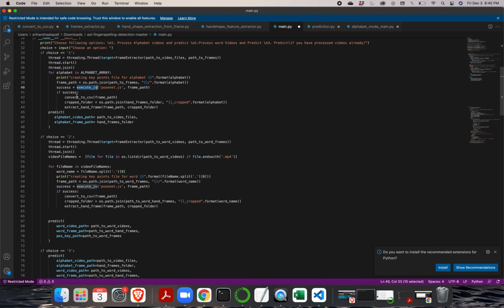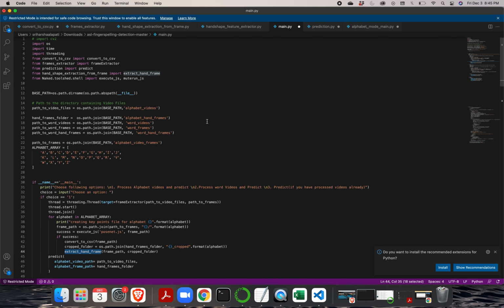we have taken the x and y coordinates, and it will draw a box around the wrist, like the left hand wrist. And we have extracted the hand frame using this particular feature, the hand shape feature extraction.